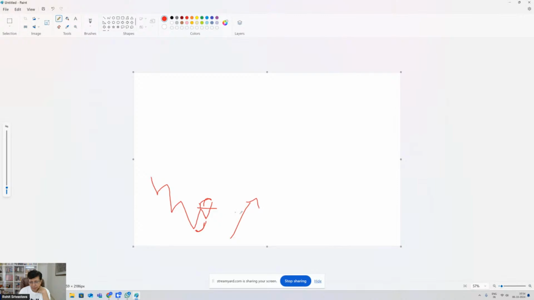Okay, the trend can also reverse in a different way. Okay, if instead of simply surpassing this, it can also be something like this and then goes past this previous